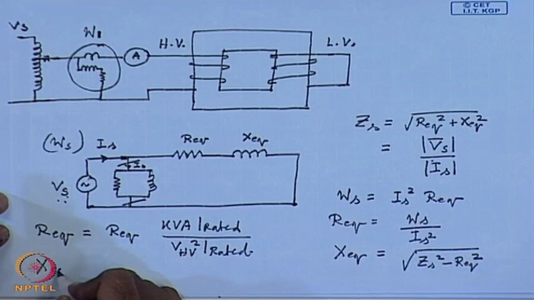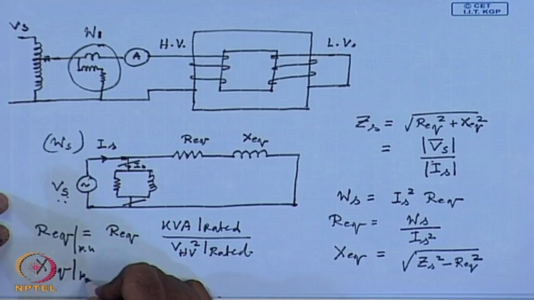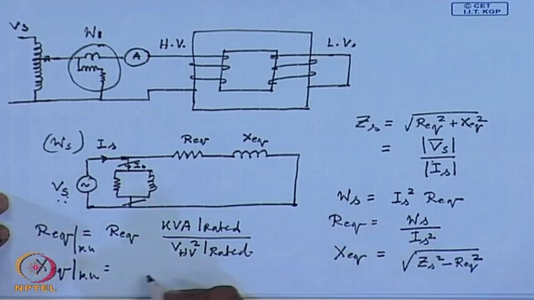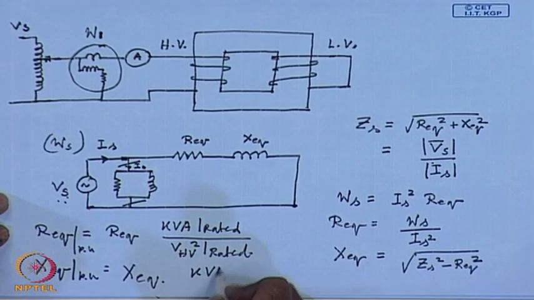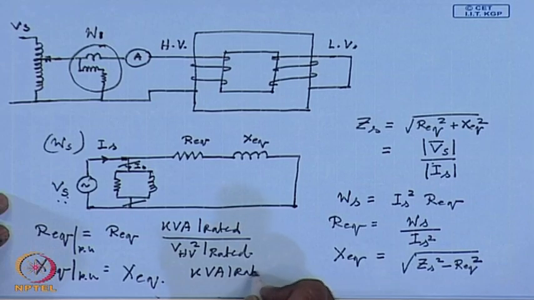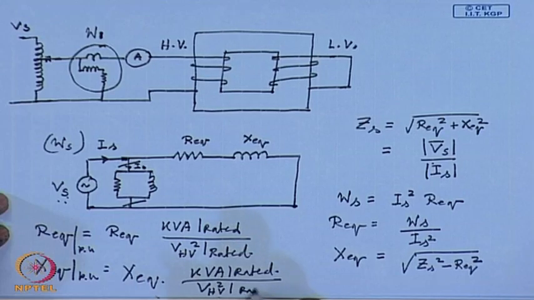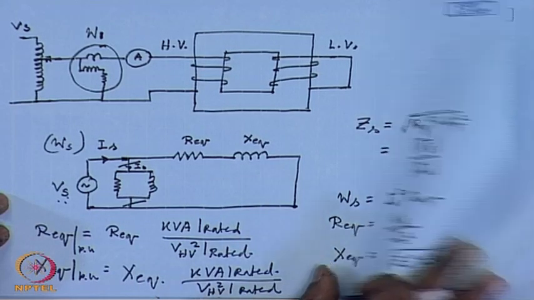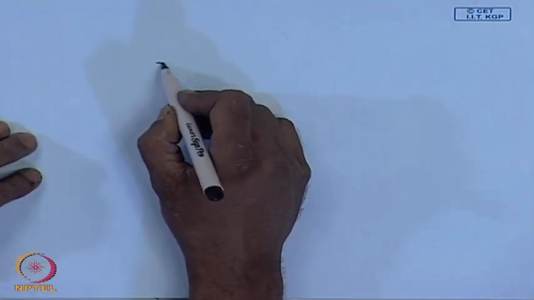Similarly, Xeq in per unit will be the value obtained from the test into kVA rated of the transformer divided by rated HV voltage square of the transformer. Hence, the approximate equivalent circuit of the transformer in per unit will look like